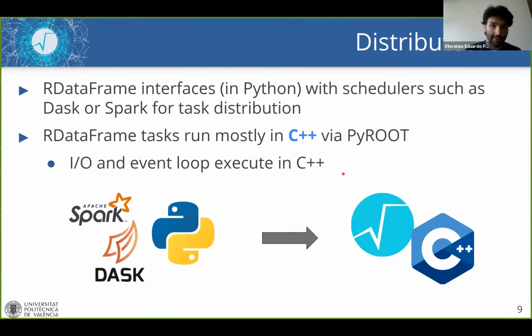And another key message that I wanted to discuss is the following. With RDataFrame, we are able to connect to Apache Spark, Dask, or any other kind of backend through their Python interface. And we do the same with RDataFrame because ROOT offers a Python interface that's called PyROOT. So we can glue the two